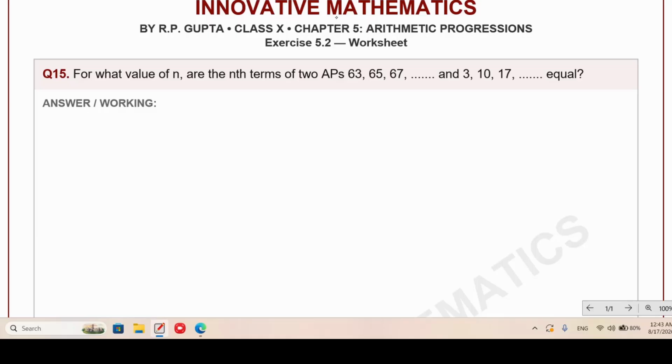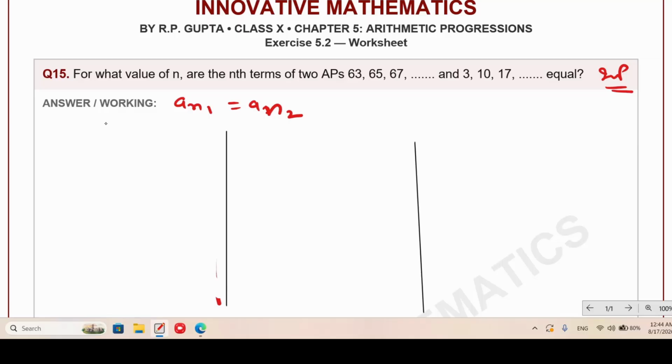For what value of N is the Nth term of 2 APs equal? Very important question, it comes very often in exams. Nth term of 2 APs means AN1 is equals to AN2, the nth terms of both are equal, right? So here there are two APs. The first one is 63, 65, 67, dot dot dot, and this one is 3, 10, 17. Okay, so an is equals to a plus n minus 1 into d, that is 63 plus